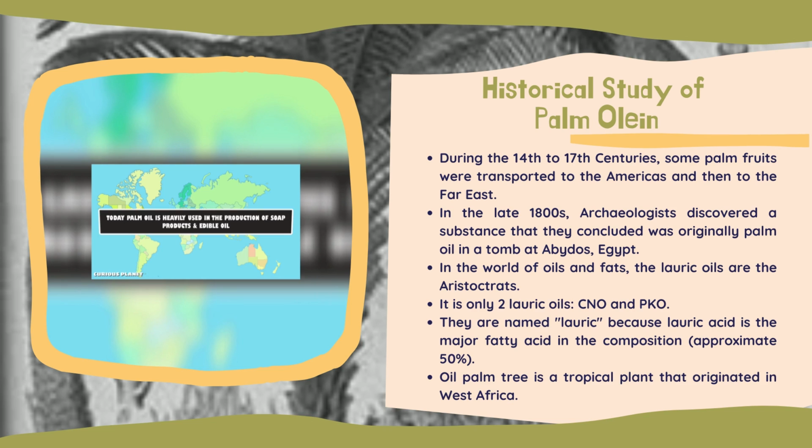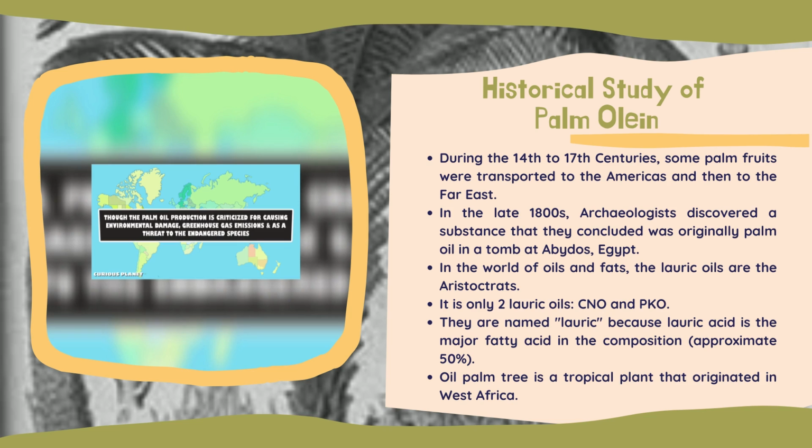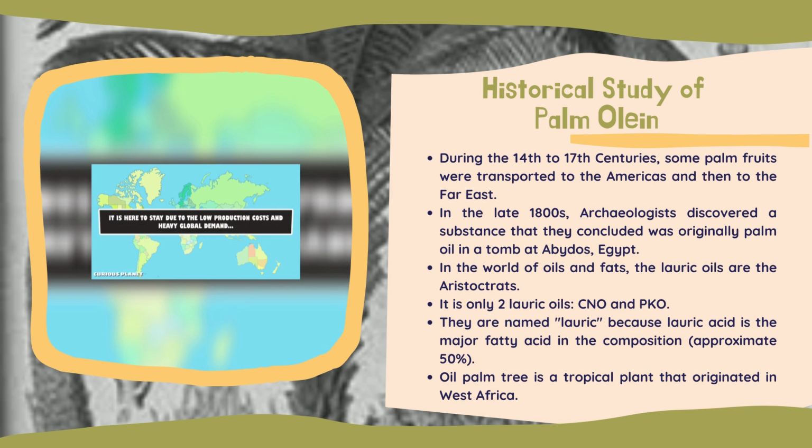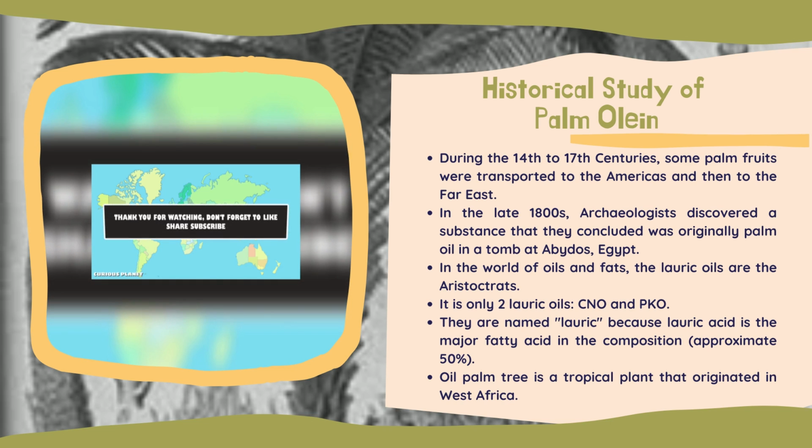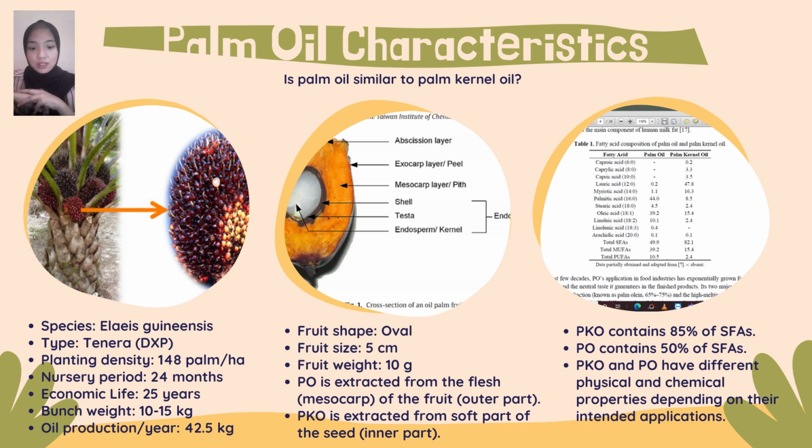During the 14th to 17th centuries, some palm fruits were transported to the Americas and then to the Far East. There are written records of palm oil being used as a local food source by European travelers to West Africa in the middle of the 15th century. In the late 18th century, archaeologists discovered a substance that